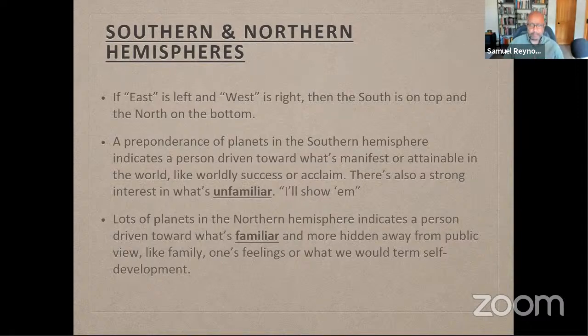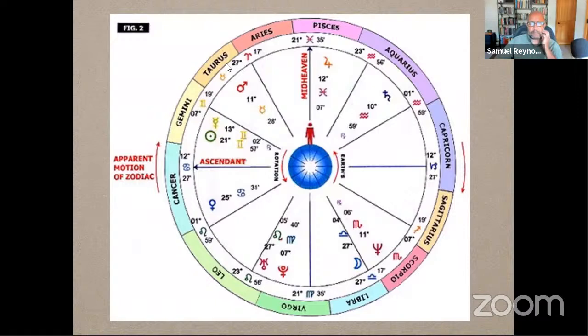And houses, just to be clear, they operate in terms of opposites, ascendant to descendant, first house to seventh house. And again, even though these are not numbered here, it goes from 1 to 2 to 3 to 4 to 5 to 6. And then 7 will be opposite to the first, 8th is opposite to the second, 9th is opposite to the third, 10th is opposite to the fourth, 11th is opposite to the fifth, and then 12th is opposite to the sixth by exact degree.